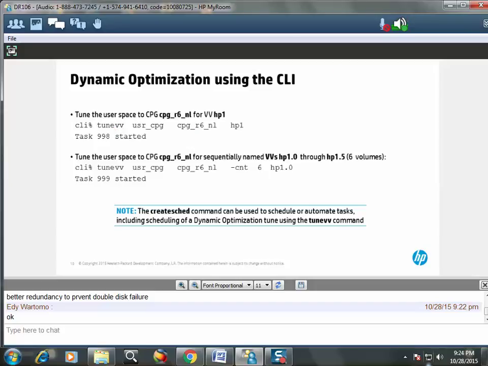Now, I can't remember who it was that was asking the question, and actually it's Vamsi. With the tunevb command, there's an option -CPG you can use, and you can give it source and target CPGs. So if you want to tune all the volumes in a CPG, rather than do it in SSMC where you have to click on all the volumes you want,